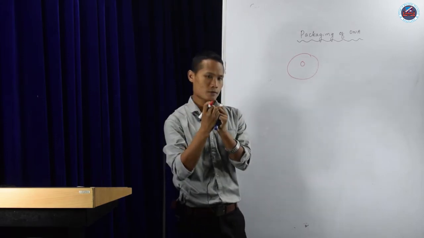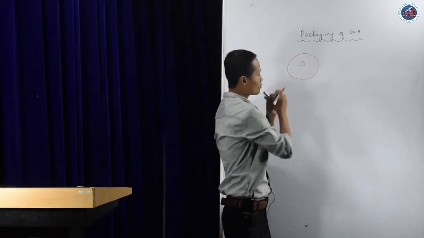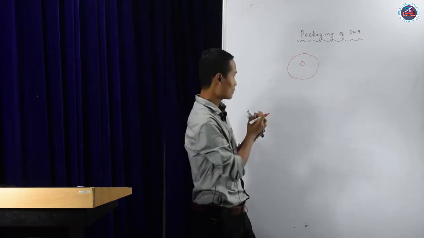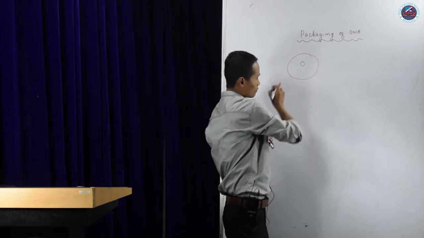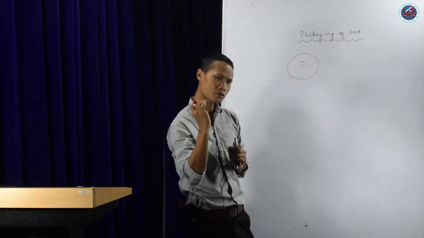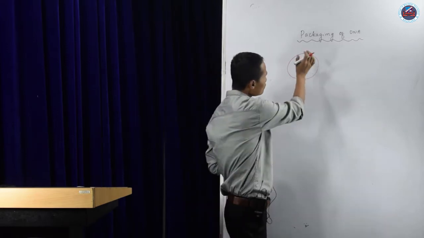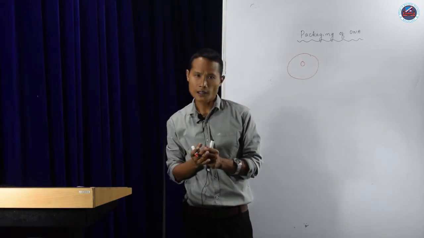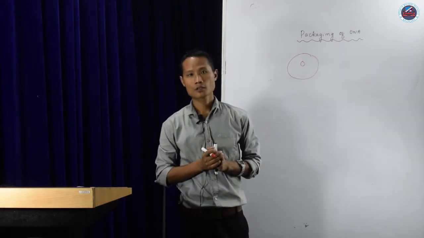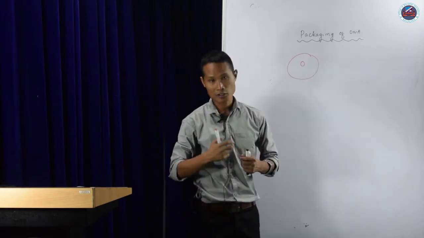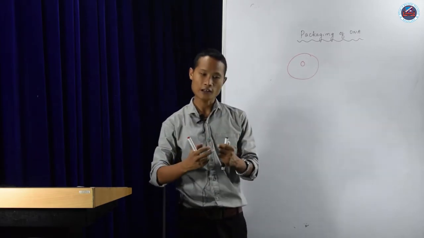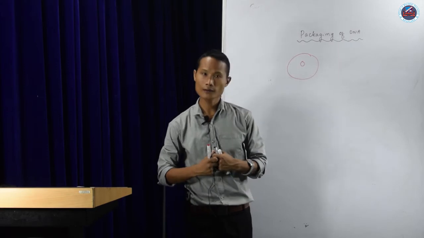Just think that the cell is so minute, and the nucleus is more minute again. So in that small structure, how are those DNA and proteins arranged and kept? In order to understand this, we have to understand the packaging of DNA, how DNA is packaged inside the